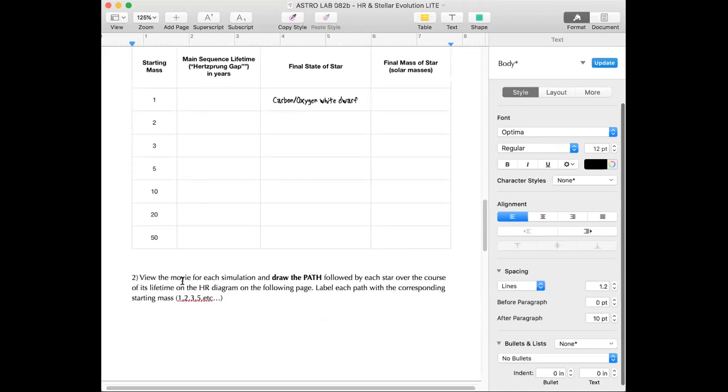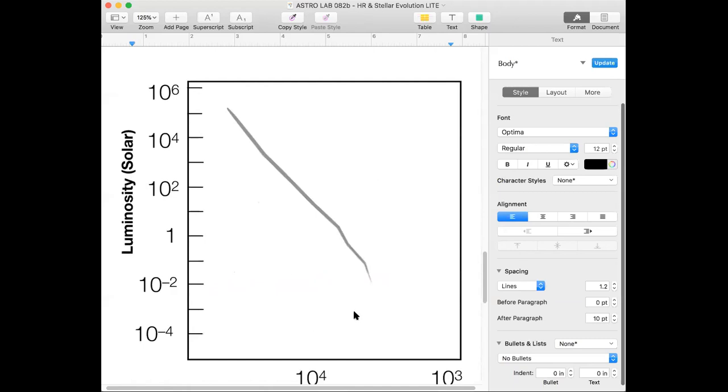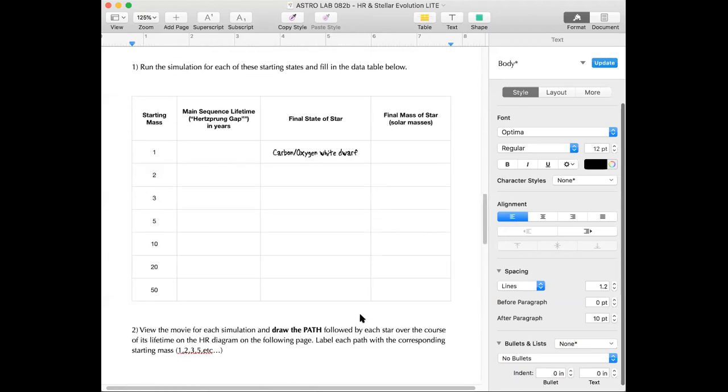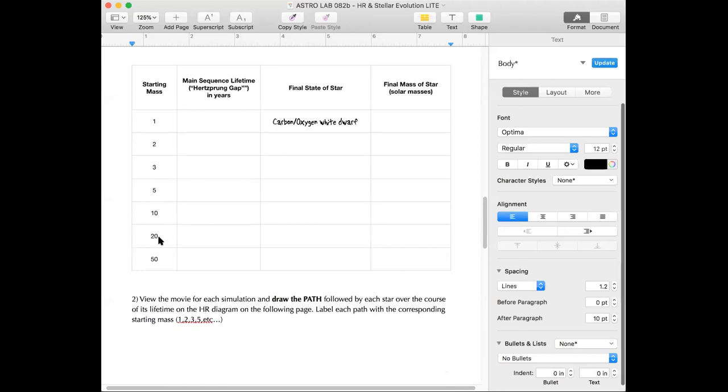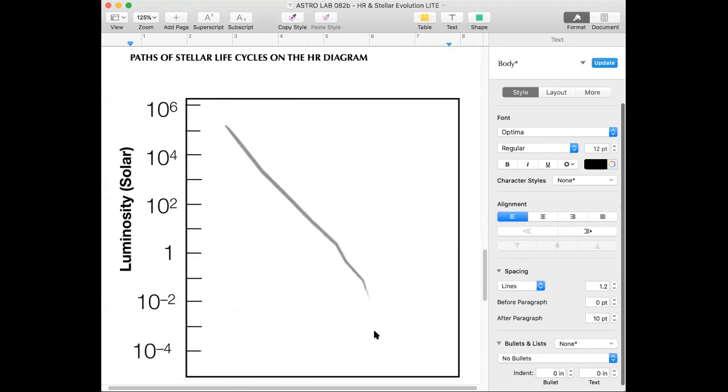Also, for each star, I want you to view the movie and draw a sketch of the path it travels on the HR diagram. I've given you a blank one in the lab handout that you can print out and use, or you can just draw one yourself on a separate piece of paper. So draw where the star starts and the path that it follows on the HR diagram, and then label that 1, 2, 3, 5, 10, 20, 50, with the mass of the star that it was. So you'll have how many? 1, 2, 3, 4, 5, 6, 7. You'll have 7 different lines on this HR diagram showing the path, the lifetimes of each of the 7 stars